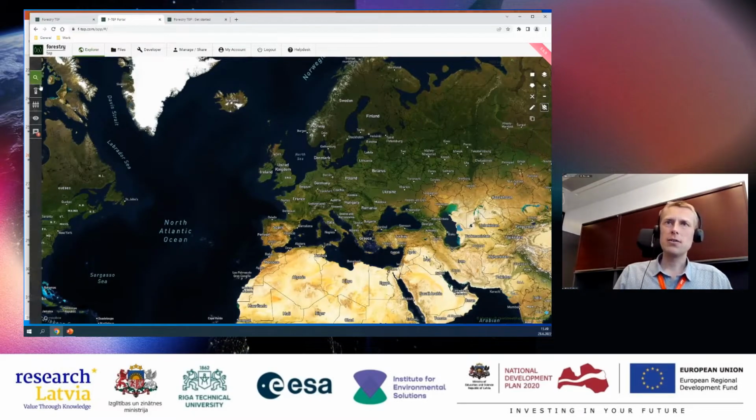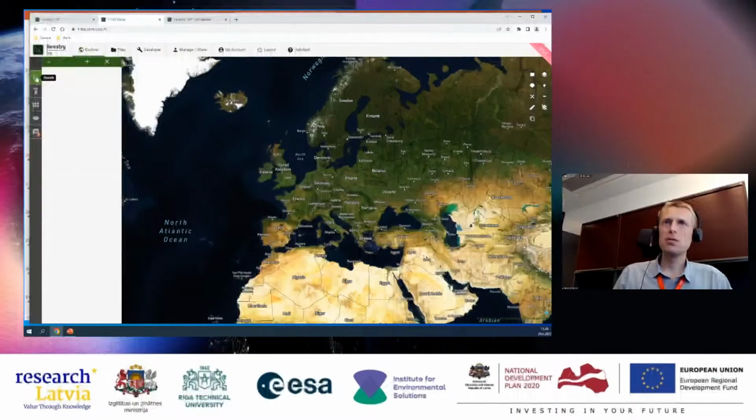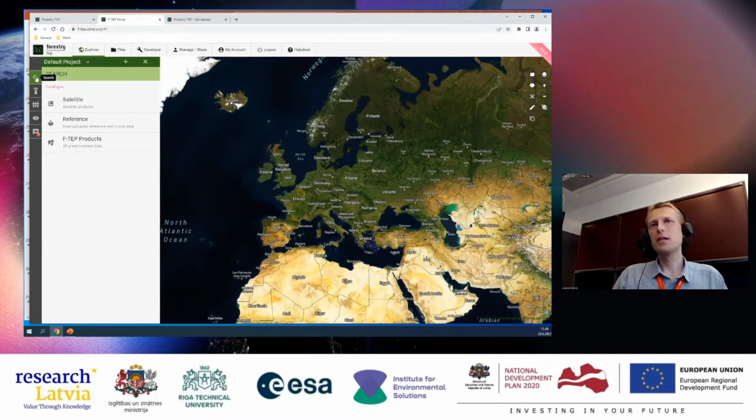On the left hand, on the other hand, we have the main features. So starting on the left hand, on the top, you have the search features. If you click the search button, this kind of panel will open, and you can see that you can search either satellite data, you can search reference data, or the FTEP products.